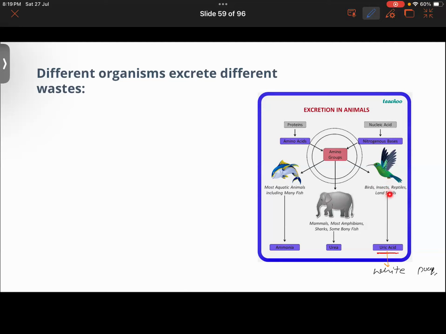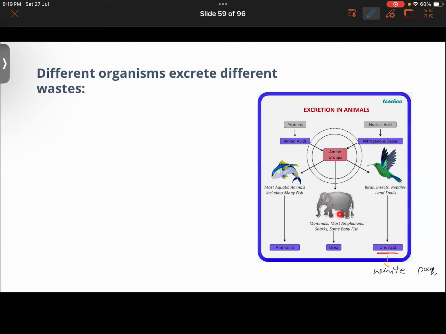Yes, sir. Bird poop would be usually white because birds excrete uric acid, and uric acid is a white substance. And that would be very sticky also, so the bird poop would be sticking on different surfaces. You would have observed that, I believe. Apart from the bird, most of the mammals like the sharks, some bony fishes, this elephant,